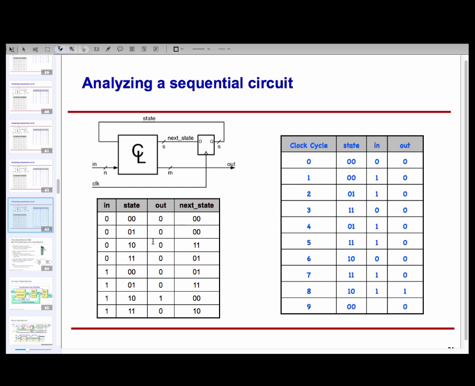The initial state, right? What was the initial state? If I had started out with the initial state to be something different, the evolution would have been different. Okay, so that's a very important point, that with sequential circuits, the state matters